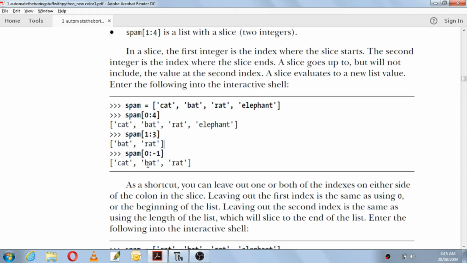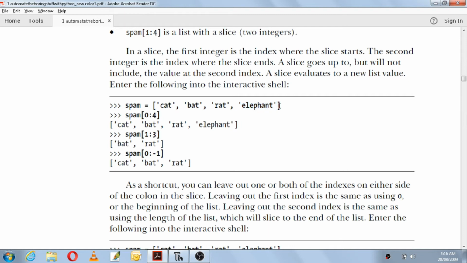The next one you have here is spam of 0:-1. 0:-1 means a negative index. Negative index, I had told, starts with -1. So elephant is -1, then -2, -3 and -4. So here what will happen is 0 will be prior to this, and at -1 it ends.